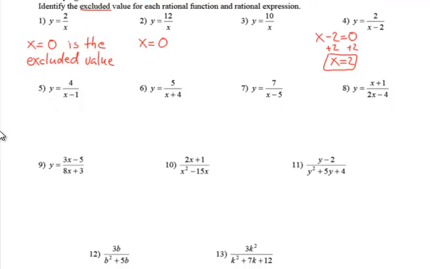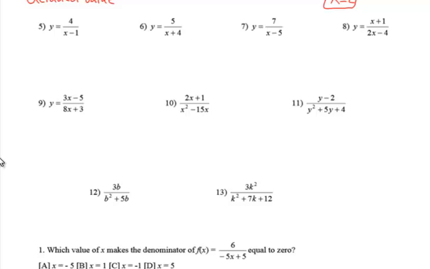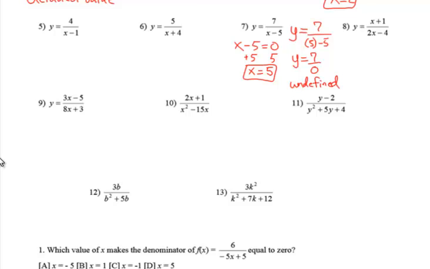So I'm just going to pick a couple of these ones. If we look at number 7, we've got x minus 5. So we set the denominator equal to 0 and solve. Okay, that's the excluded value. Now, again, why is that excluded? Well, let's look. What would happen if you plugged in that value? You'd get y equals 7 over 0, which is undefined. So that's why we're excluding